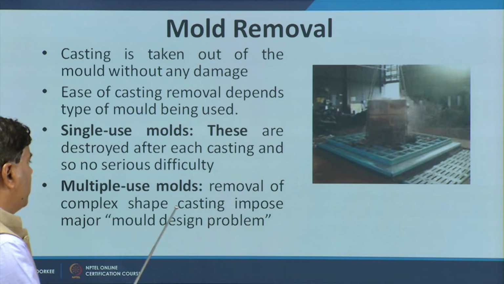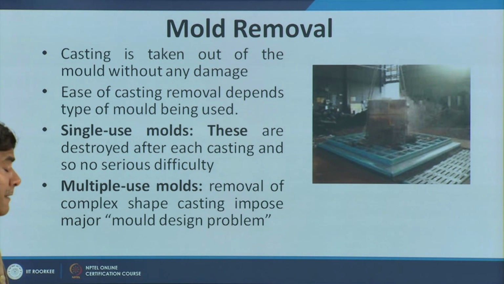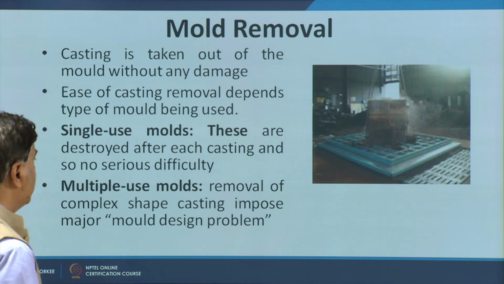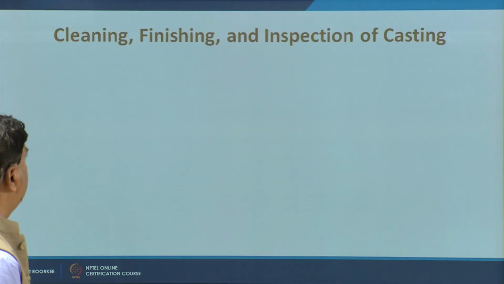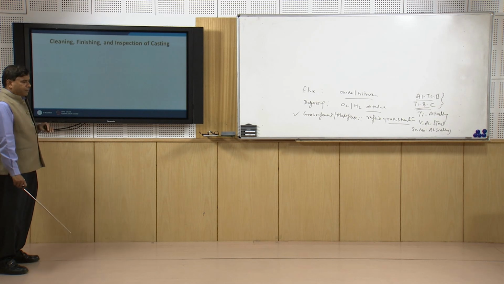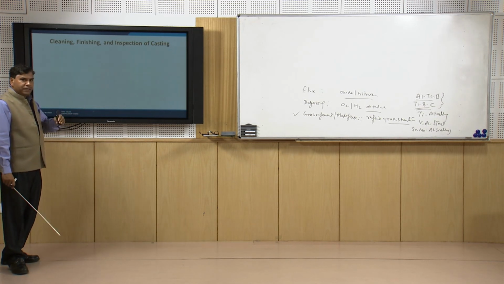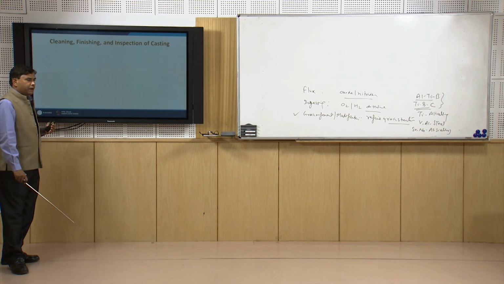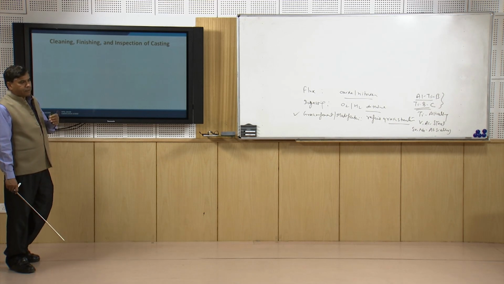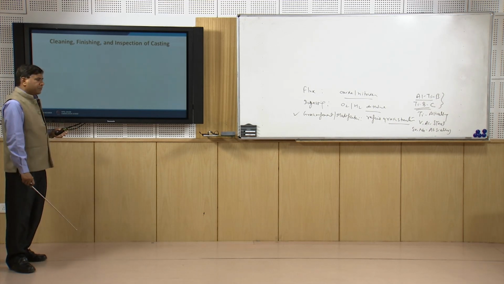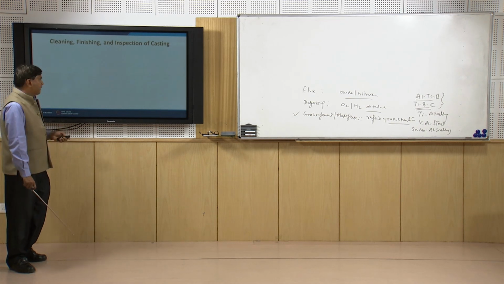Removal of complex shapes actually poses a problem in removal of the casting after solidification in the case of multiple use molds or where metallic molds are used. So, once the castings are taken out by breaking the sand molds, or otherwise ejected through a mechanized arrangement in the case of a metallic mold or permanent mold